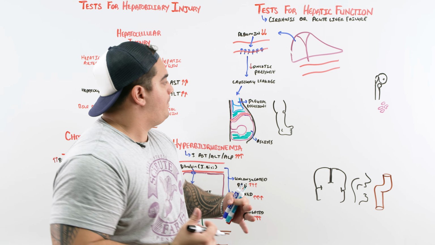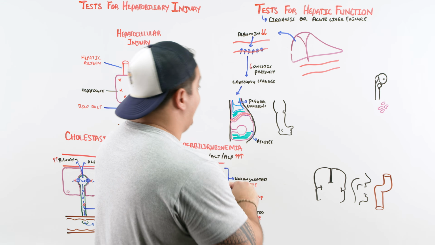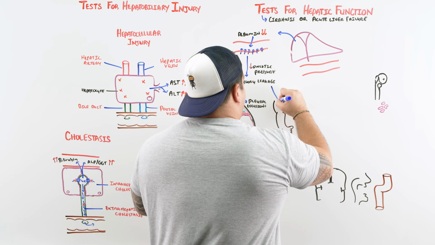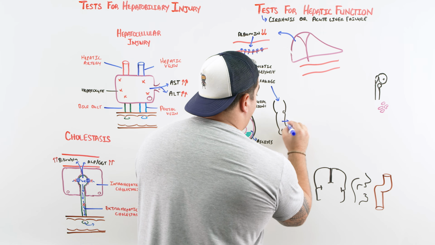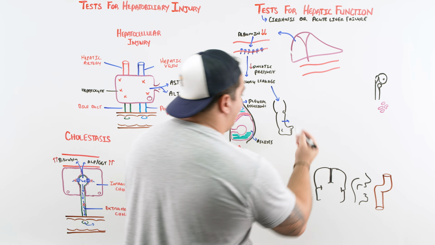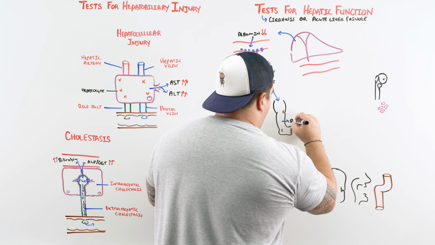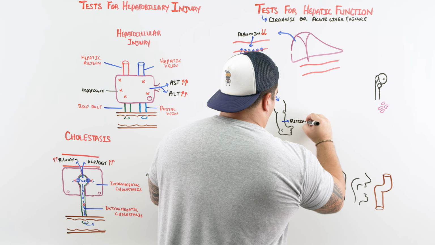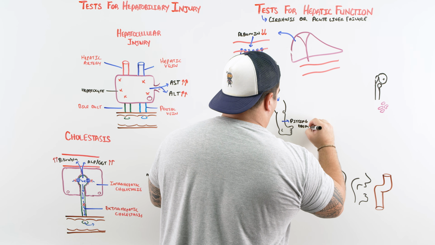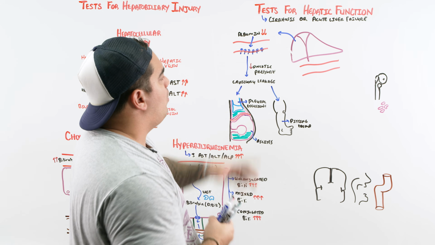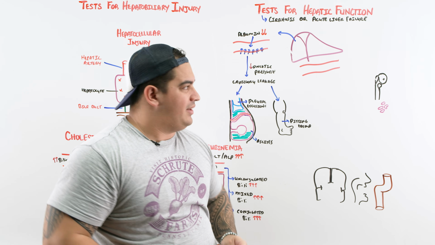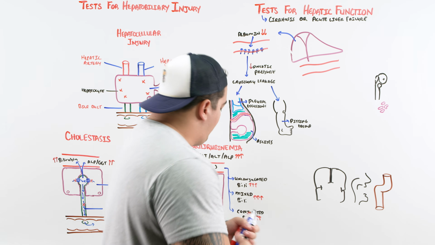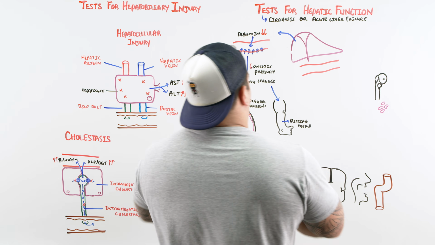exudative type. The other thing is that fluid can leak into the interstitial spaces in the legs. And these patients can also develop some pretty good edema. So look for any kind of generalized pedal or pitting type of edema. So we'll put pitting edema. This is a big thing to watch out for. All right, so that's one of the big things to watch out for with albumin, is a lot of more edematous types of appearances. The other thing that we really use to kind of give us an idea of hepatic